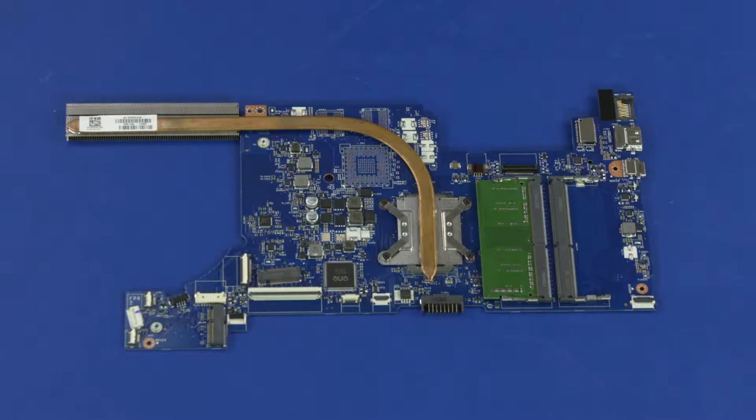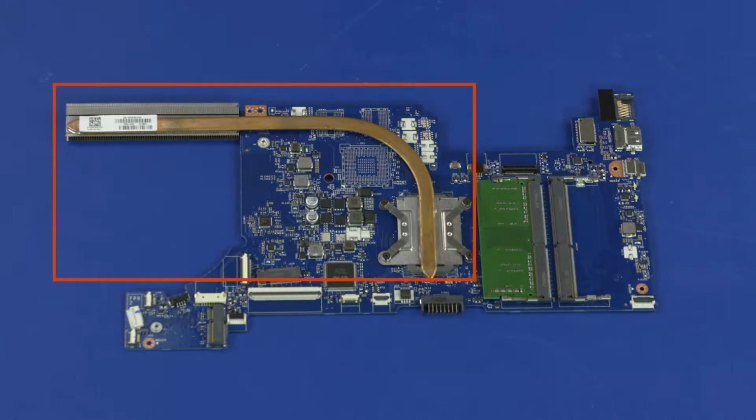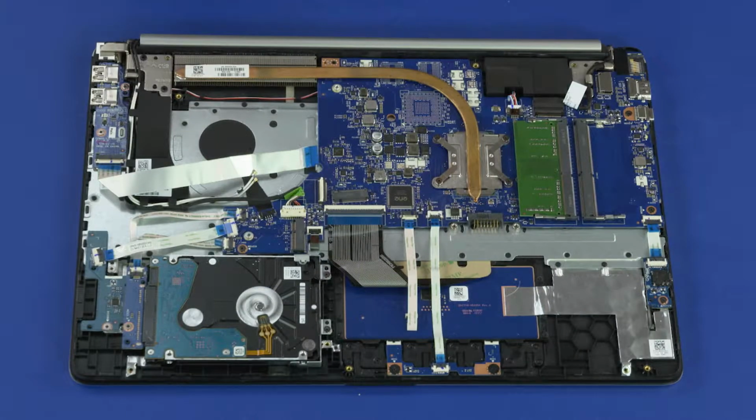Note: before installing a motherboard, remove the following from the old motherboard and install on the new motherboard: memory boards, heatsink. Reverse this procedure to install the motherboard. Important: after motherboard replacement, be sure to complete post-installation tasks as required that may include verifying functionality of the notebook, updating the BIOS, updating DMI and other settings,